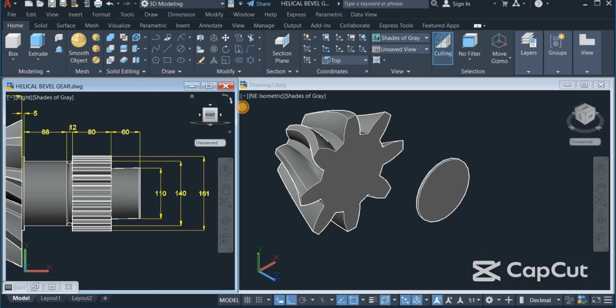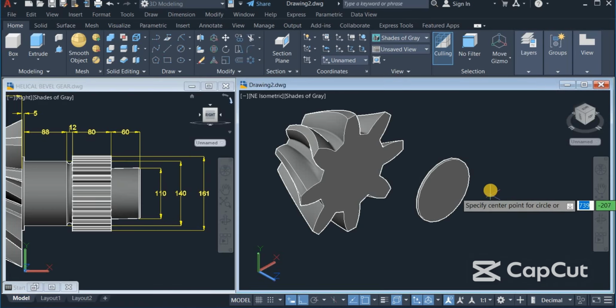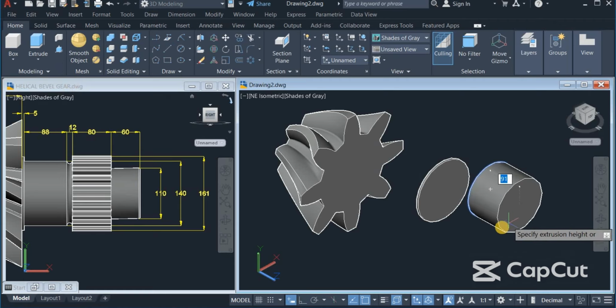So click on the circle command. Draw a circle of 140 diameter, and extrude or pull it out to a distance of 80. Click on the press pull command, click on this and pull it out by 80. Okay,